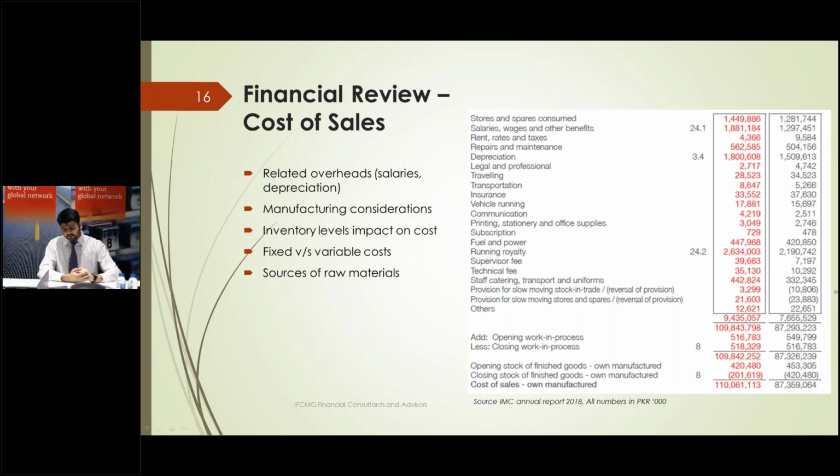Further, we need to consider the impact of related overheads, how efficiently we're managing our human resource, in addition to our capital resources. That includes efficiency of labor, how much time we budgeted, how smooth the production process flows, and further we need to also identify our levels of inventory. Are they high or are they low? Because higher inventory levels inevitably mean higher profits, because it is directly adjusted from cost of sales.